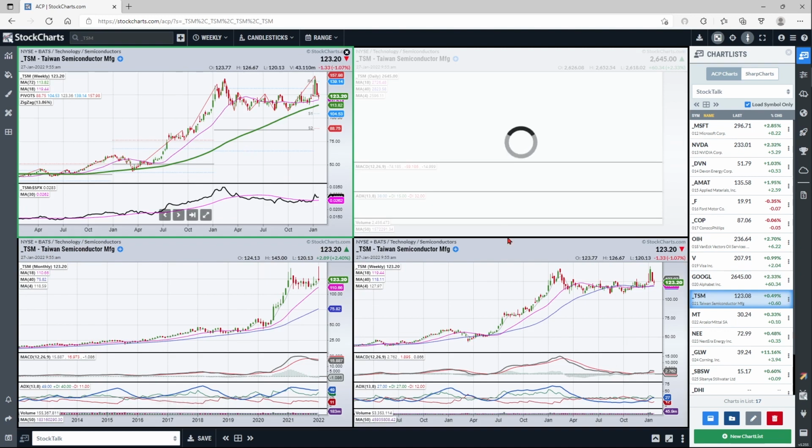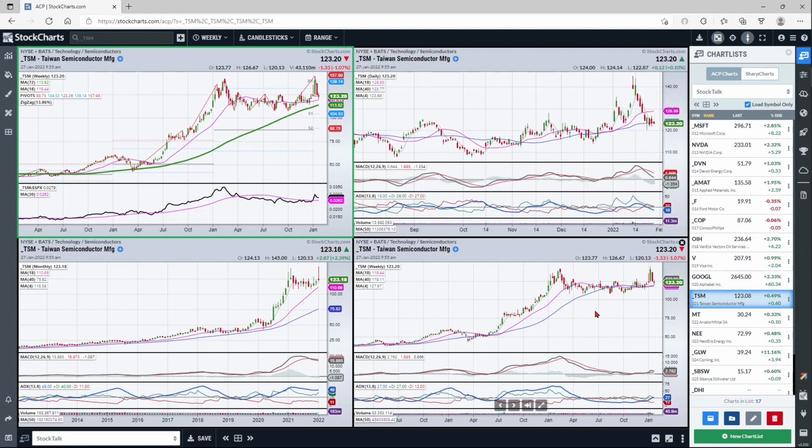TSM tried to break out, it's trying to turn the corner, but it's doing it at the worst possible time. Market action week, and we're seeing topping patterns taking place in the semiconductors. So I like what's going on. Look at the relative strength hanging in there. The problem is this was too sharp of a pullback, and I think it's just having a hard time withstanding the sell-off that's taking place around it.